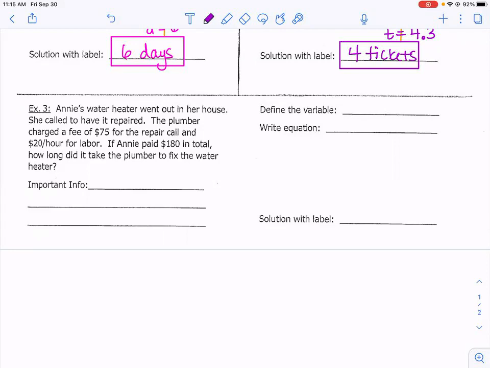Yeah. So the $75 fee is the one that will never change. So that'll be $20 an hour. And then the total would be